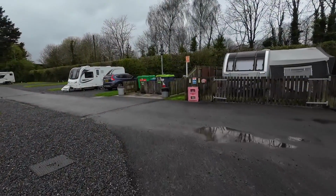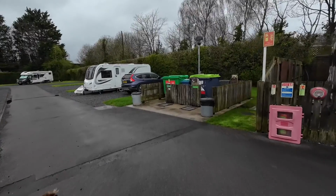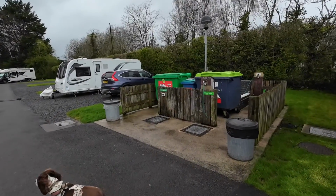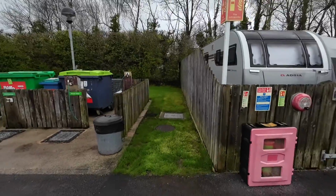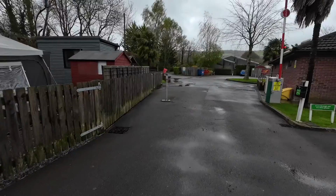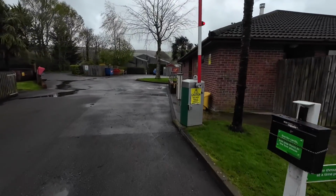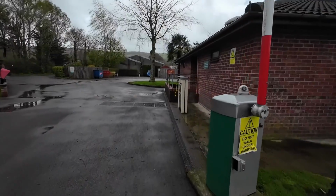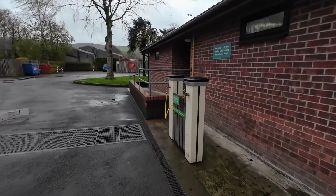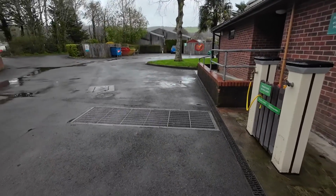Just coming out of the men's, guys, you've got some recycle points there, and a service point for wastewater, drinking water, etc. You've got the warden's caravan and barrier with barrier cards, so I would imagine they'll give us one of those. And you've got the motorhome service point there. You've got a drive over grid,